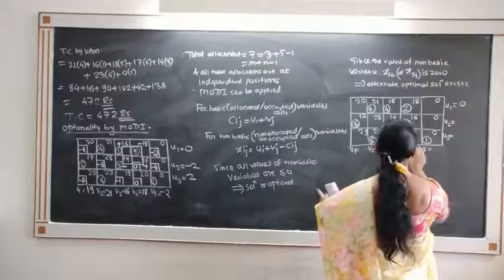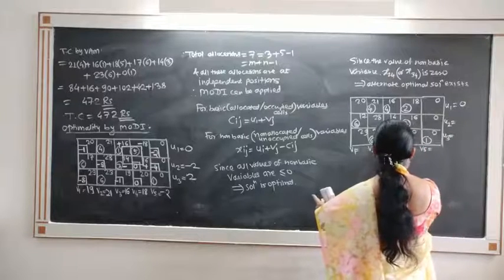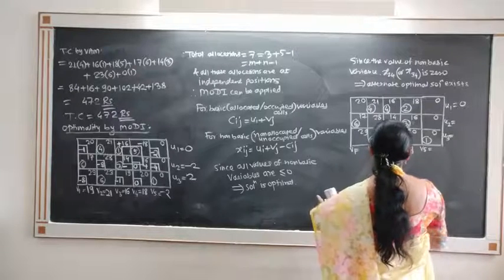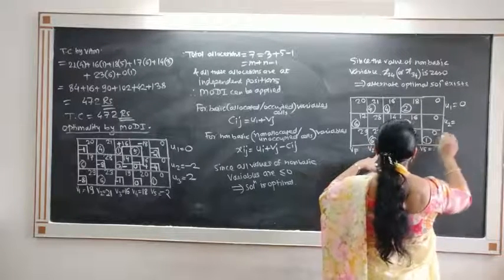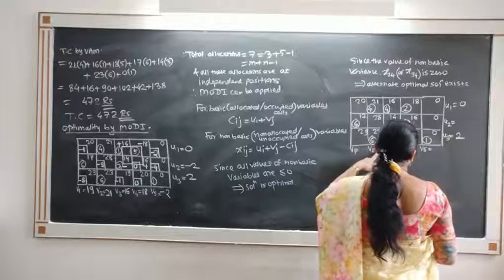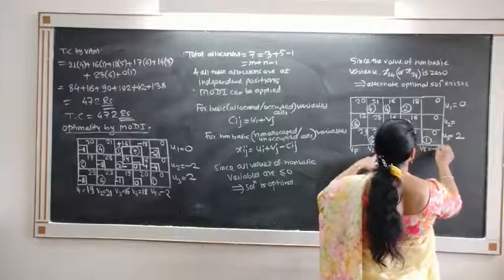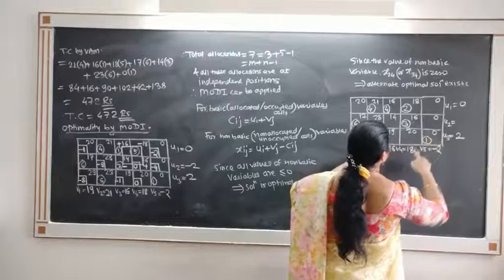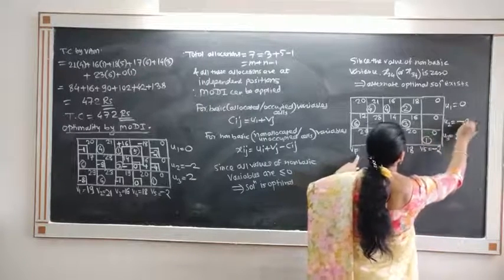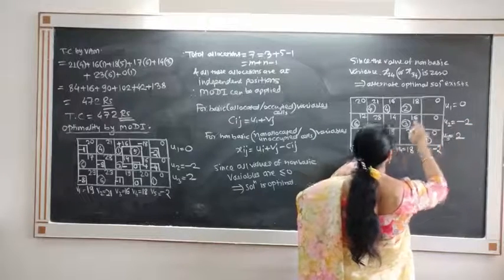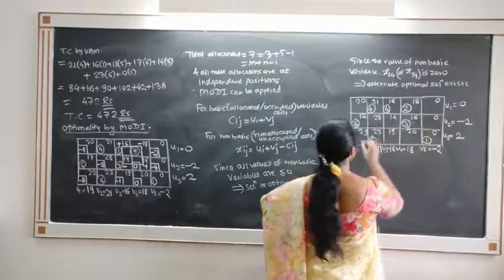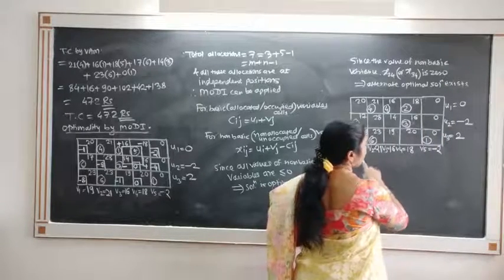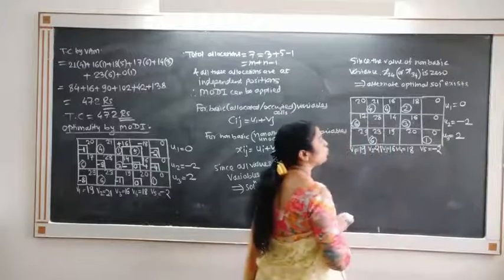Assume u1 equal to 0, so v4 is equal to 18, v3 is equal to 16, v2 is equal to 21. Because v2 is 21, u3 is equal to 2. u3 is equal to 2, so v5 must be equal to minus 2. Now this is 18, so u2 will be equal to minus 2, so that 18 minus 2 will be 16. Because u2 is minus 2, v1 is 19, 19 minus 2 will be 17. We get all the values of u1, u2, u3.